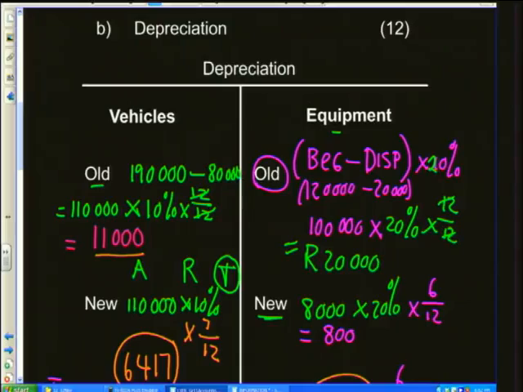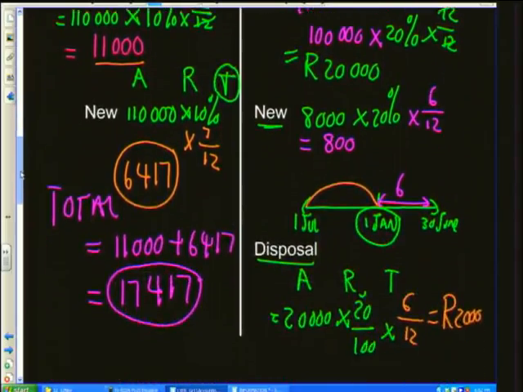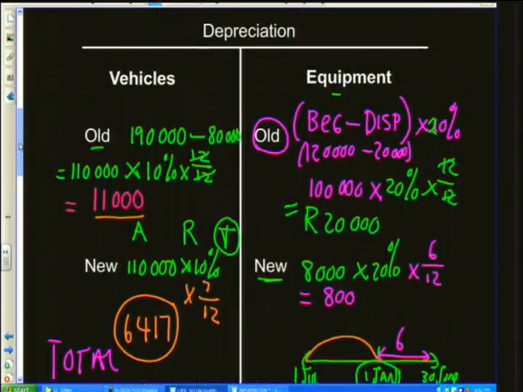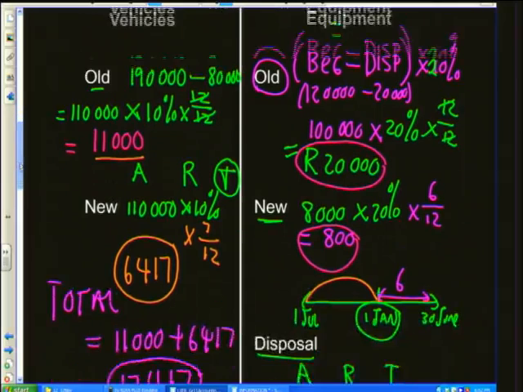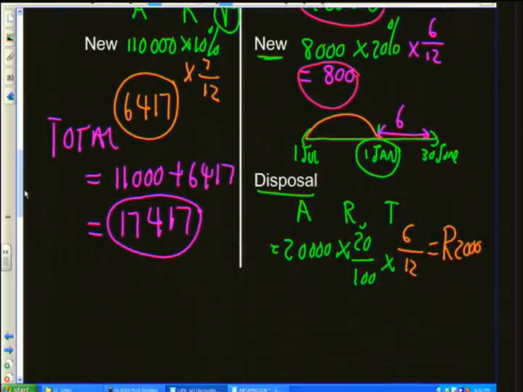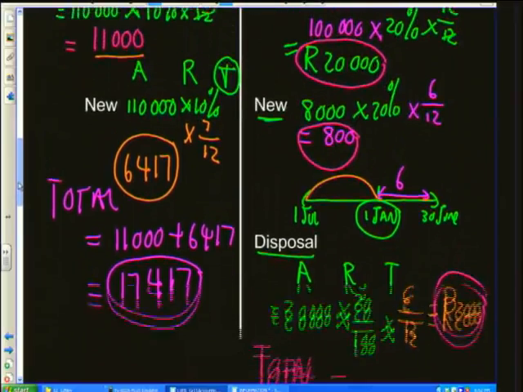Okay, right. So let's look at our amounts that we have. I know there's a lot of writing in here, but I'm sure you are following. So on the old equipment, my depreciation is 20,000. On my new equipment, my depreciation is 800. And I also wrote off depreciation on a disposal, 2,000. So therefore, my total depreciation that I'm writing off, grade 11s, will be